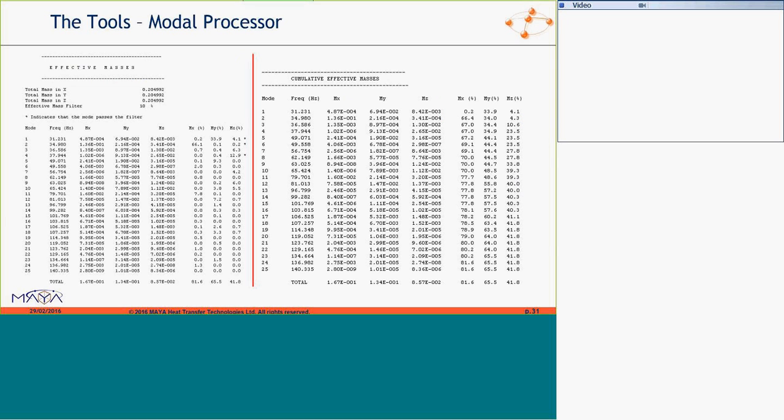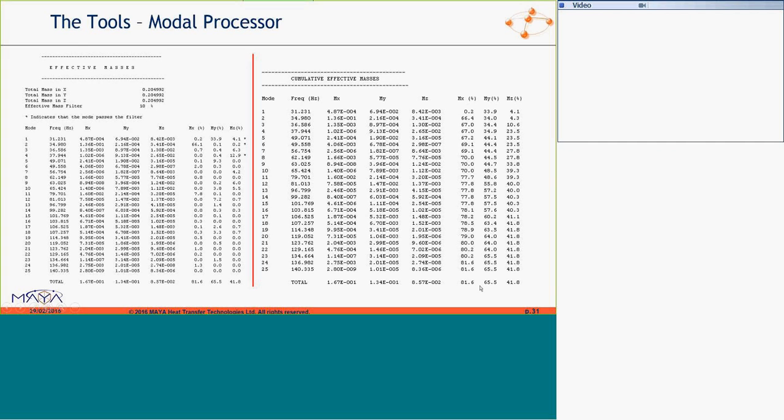And this is a tabular or ASCII format. It will give you a list of your eigenvalues, your modes, frequency, your mass by coordinate system x, y, z, and then your fractions. Also add the rotational degrees of freedom, mass in each direction, and then your cumulative effective mass.